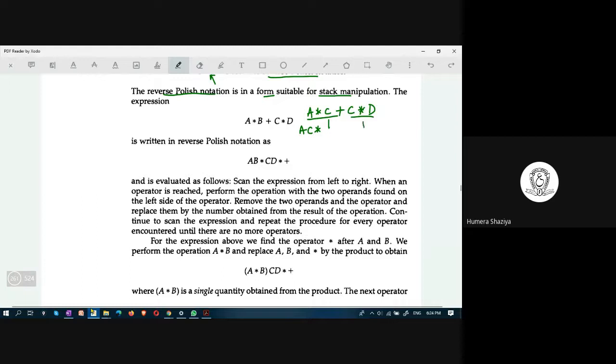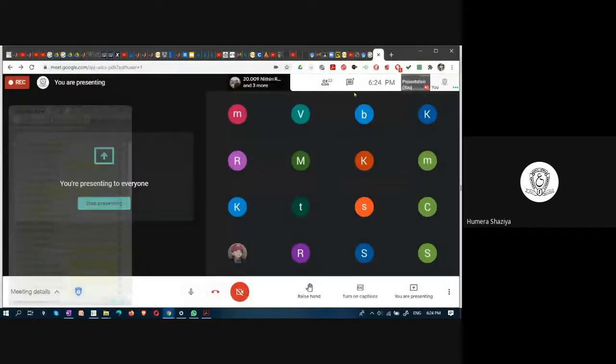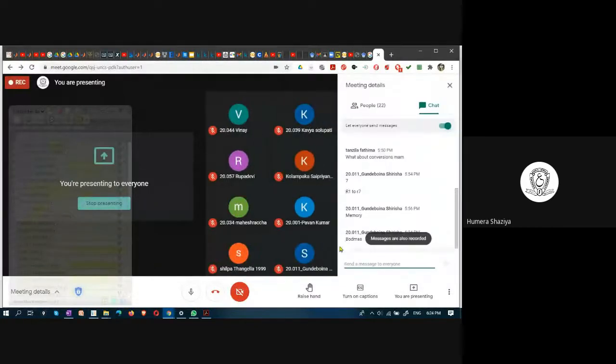What is operator precedence, or the priority given? Out of this, A into B is priority one and C into D is priority one. First you have to perform this and you have to perform this. After you complete, now this is the first operand and this is the second operand. This plus has priority 2. Its precedence is 2 in this expression. So how do you represent that? BODMAS. Very good. It will be using BODMAS.